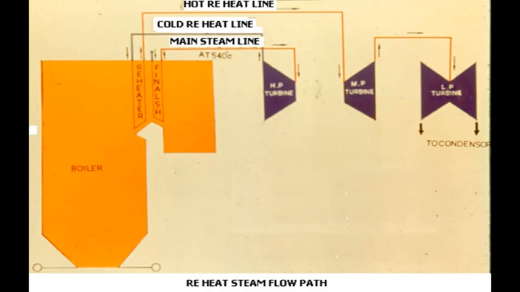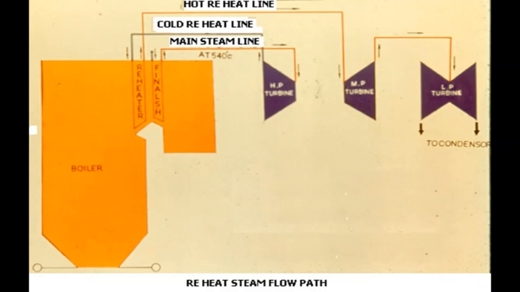In this arrangement, the superheated steam, which is taken out of boiler and sent to high pressure turbine, after expansion in the turbine, it is taken back to boiler for resuperheating. This resuperheating is done up to the temperature